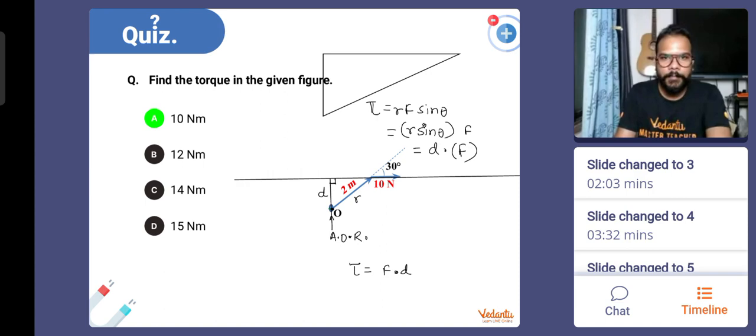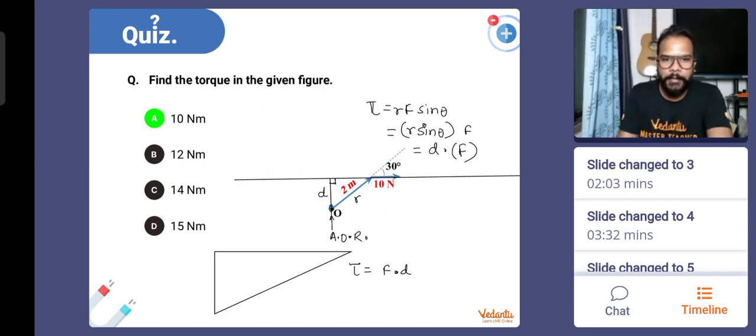ये है अपना वो ट्रायंगल। मान लो ये एंगल थीटा दिया हुआ है, कोई भी एंगल थीटा दिया हो सकता है। ठीक है, तो अगर ये एंगल थीटा दिया है और मुझे डी निकालना है, तो इस राइट एंगल ट्रायंगल में डी इज आर साइन थीटा ओनली। बात समझ में आई? तो यही एंगल हमें यहाँ पे 30 डिग्री दिया है, थीटा इक्वल टू 30 डिग्री।